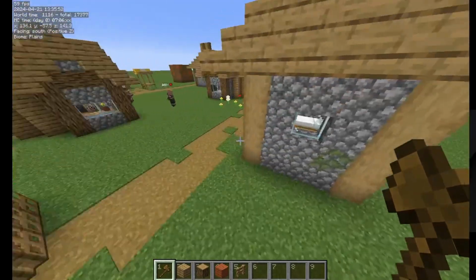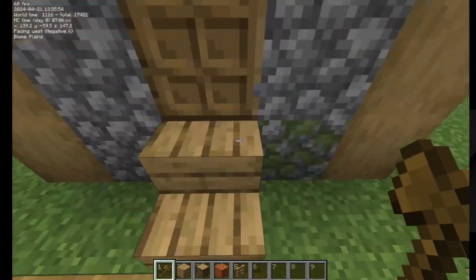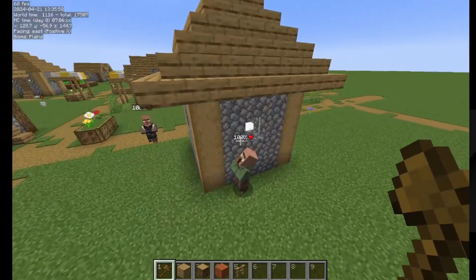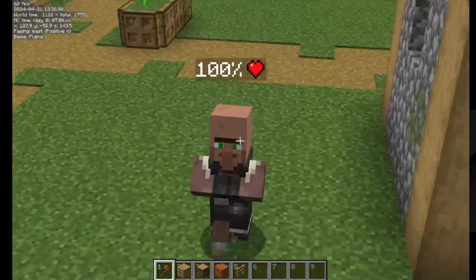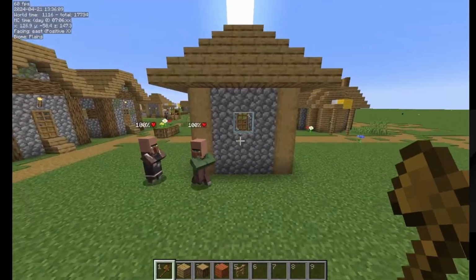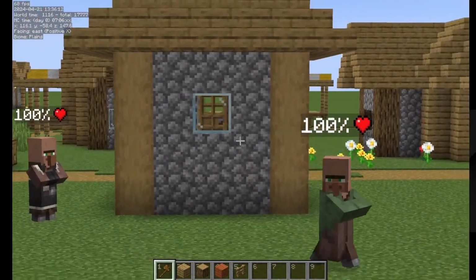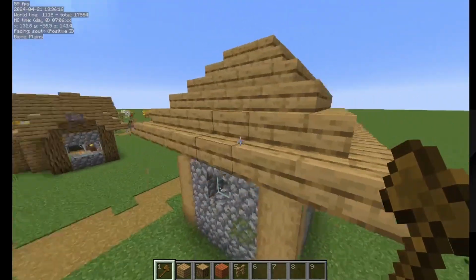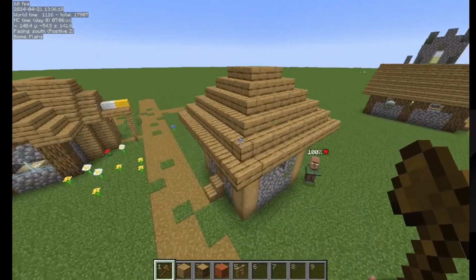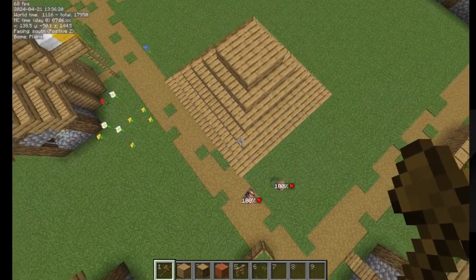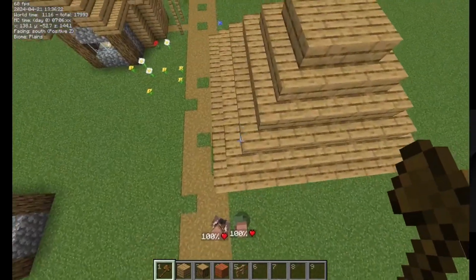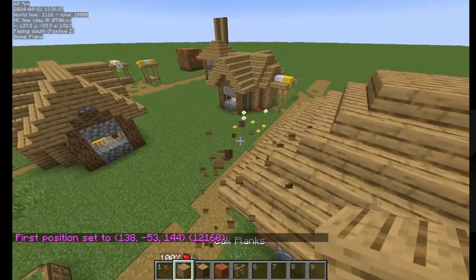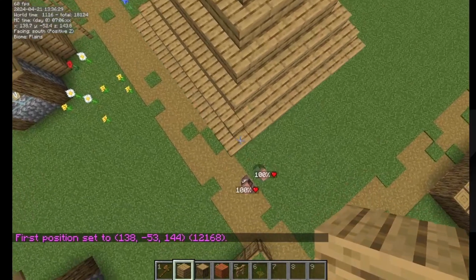Now, we could just summon it in with a structure command, but those commands are super hard to understand, and all these villagers are really annoying. One way we could do it that's much simpler is just to copy and paste it. Now, these village houses aren't exactly an easy shape to select. So one way we could do it, instead of placing blocks and then selecting and then breaking the blocks, we could just do